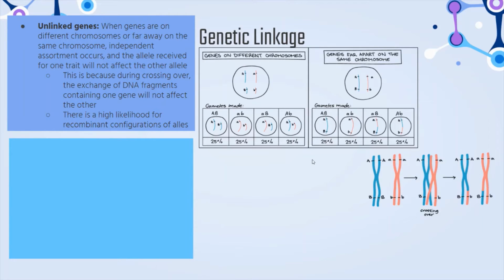Next, let's talk about genetic linkage. Unlinked genes are when genes are on different chromosomes or are far away on the same chromosome. And when this happens, independent assortment will occur, and the allele received for one trait will not affect the allele